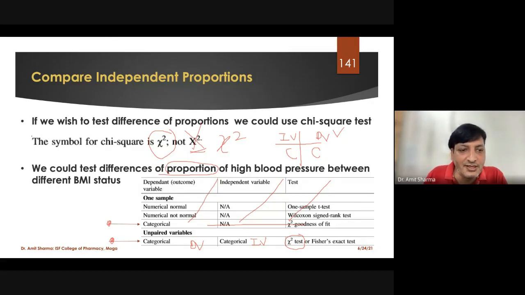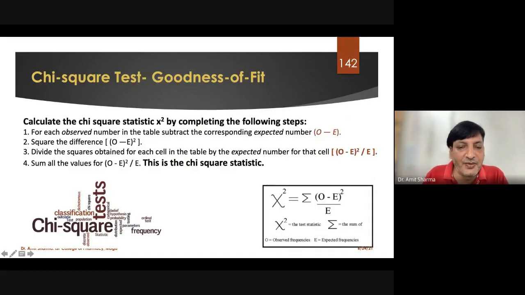So as the chi-square test starts with C, what I used to remember is that C requires a categorical variable, C along with C, both sides C, everything C. Clear? So what does this test mean? As I told you, in SPSS we have only one method to apply the chi-square, but in books or textbooks you are going to find two different types of chi-square. One will be called goodness of fit, this we are going to do, and the second one we'll do tomorrow.